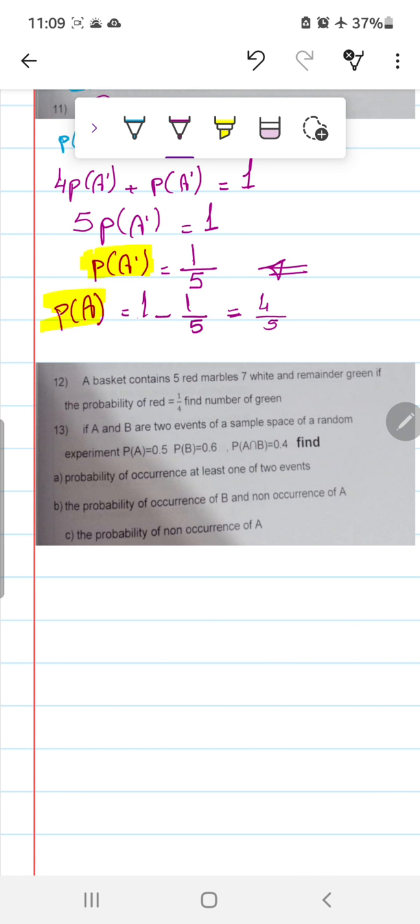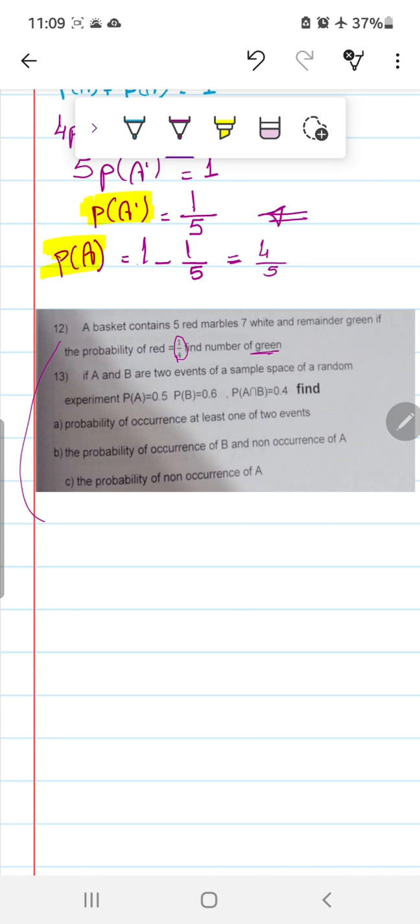Number 12: a basket contains 5 red marbles, 7 white, and the remainder will be green. If the probability of red equals 1 over 4, find the probability of green. Okay, here direct in the rule, we will solve it here. Number 12, the probability of red equals 1 over 4. What's the meaning of probability of red? The number of red